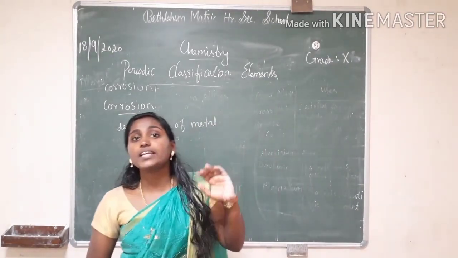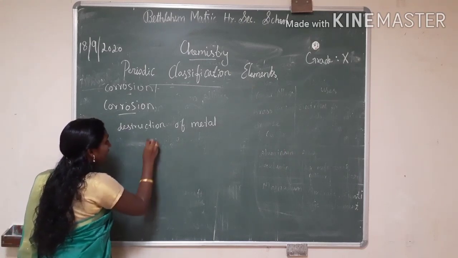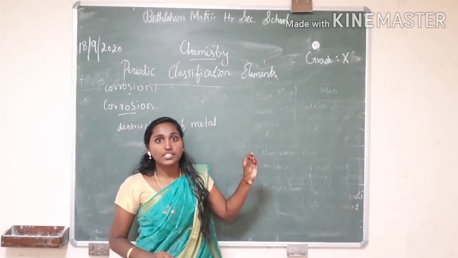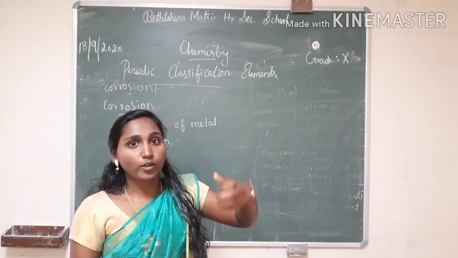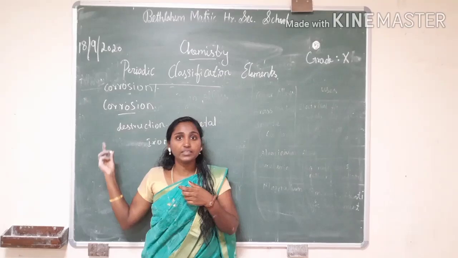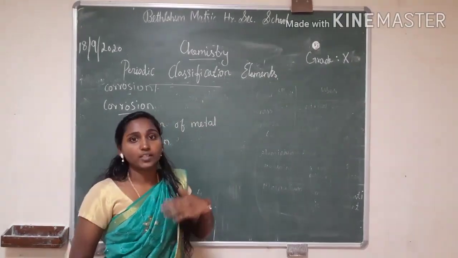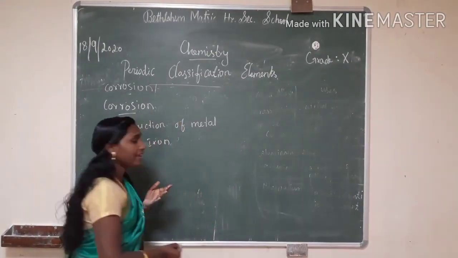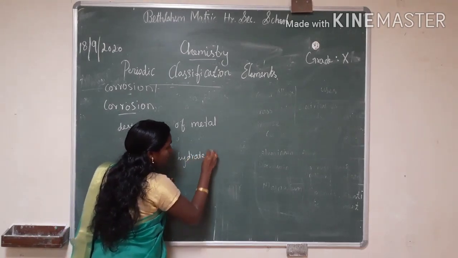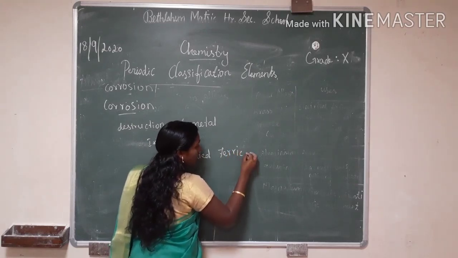Here the main example of corrosion is iron. You all know this iron rod gets corroded, right? In windows and all they are using iron rods, so this iron rod gets corroded. How does it get corroded? This iron bar reacts with the mixture of gases in air. When the iron reacts with hydroxide compounds, it may form hydrated iron oxide or hydrated ferric oxide. Both are the same.